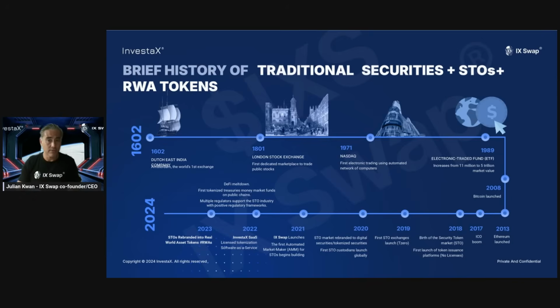I think it's a killer app for the whole space. IXS token is the utility token for IXSwap. That was the first liquidity solution in the space. Right? So moving along,